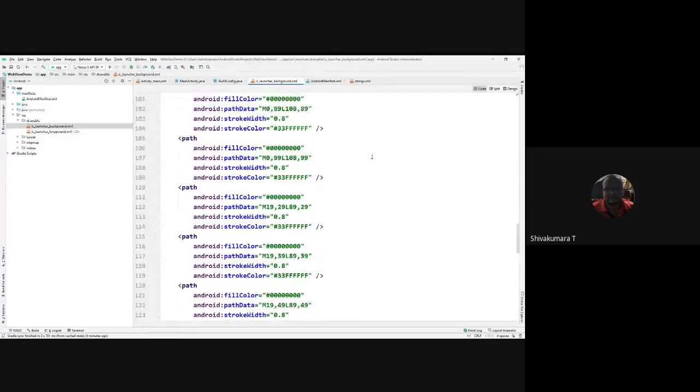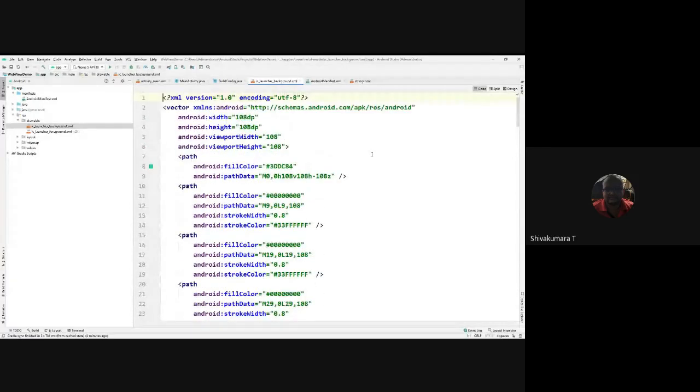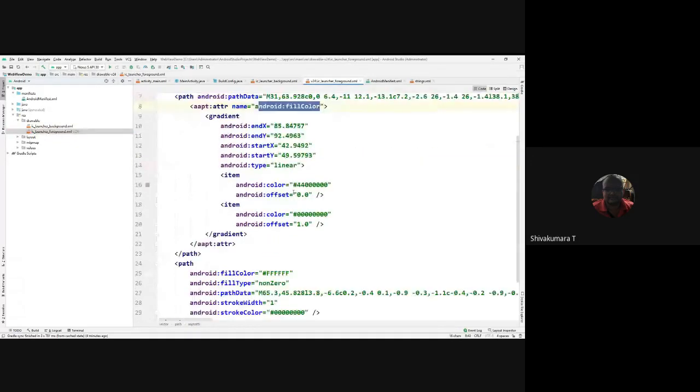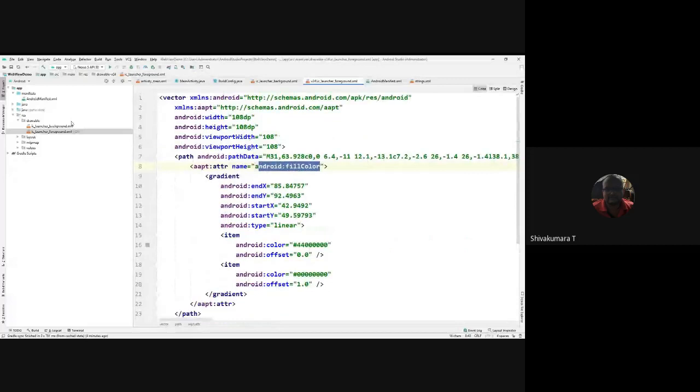It is mentioned in the form of XML coding, right? And another IC launcher, it's a background, it is a foreground. In the foreground, you can find the fill color, Android, linear, offset value, etc. and so on. So these are the IC launchers for the current version of 4.0.